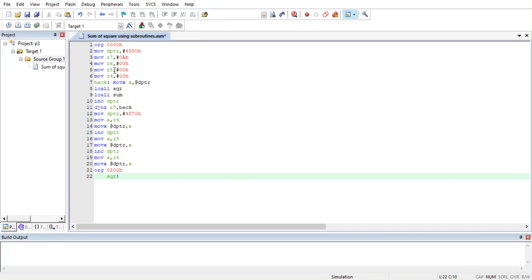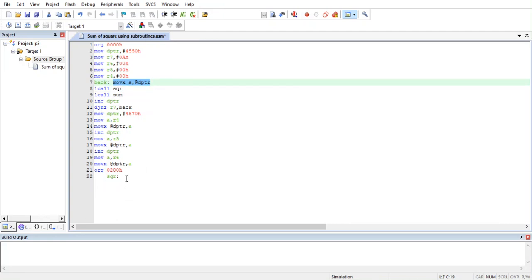Now in square, whenever we have to square a number, we'll have to take the number in both A and B. So here we can see we have given the instruction MOVX A comma @DPTR, the data from the memory location 4550 comes into A. Now this has to be moved into B as well, so that we can use the instruction MUL AB, right?